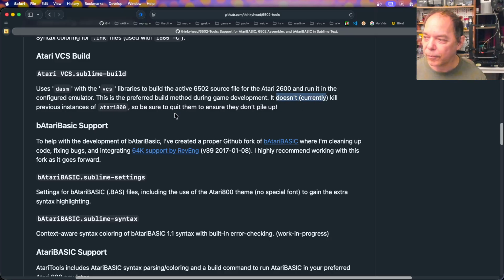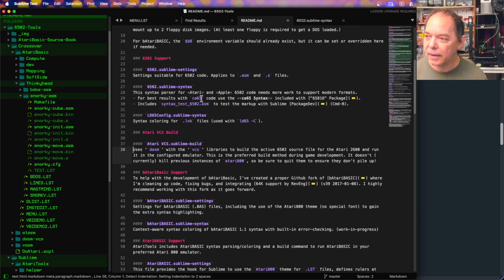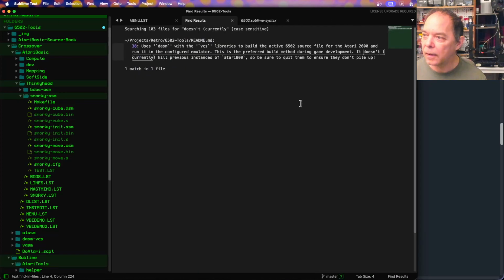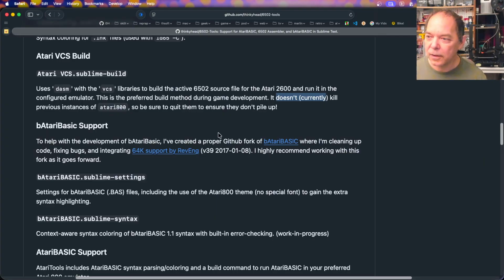So we'll fix that in the README. Maybe that's not a thing that matters for Stella. But anyway, the idea is it builds it and runs it for you so that you can quickly iterate. Right now, I know there are some tools in VS Code, plugins like Atari tools, that are probably